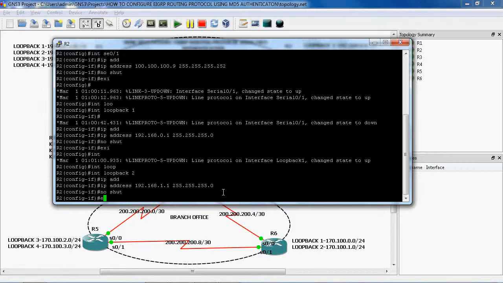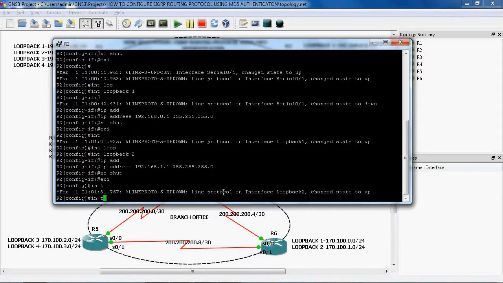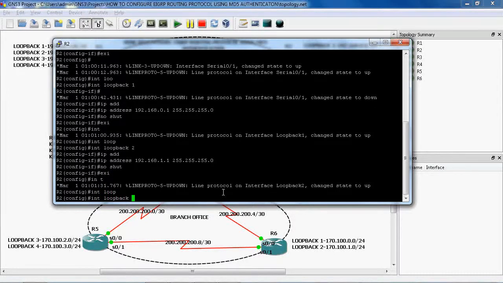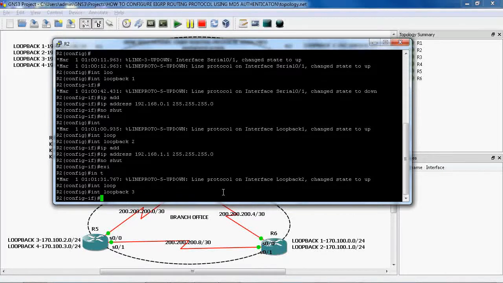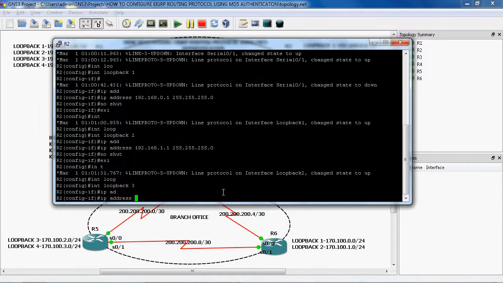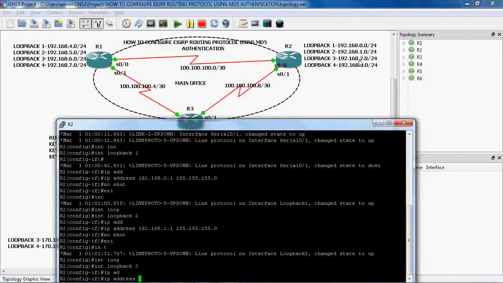Now we can create the loopback 3 interface, loopback 3. Okay, now we can assign the IP address. The net ID is 192.168.2.0/24. Here we have 256 IP addresses, of which we can use 254.